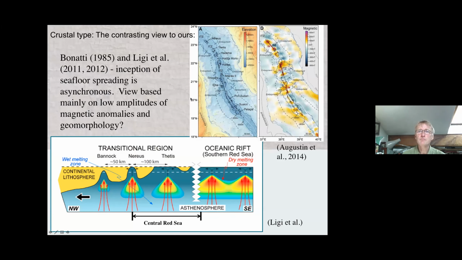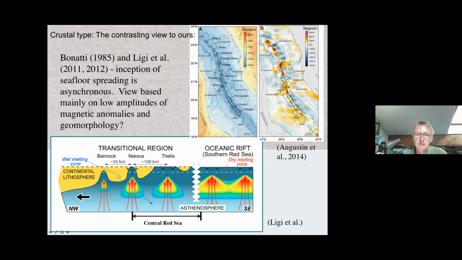So if we now come to the crustal structure, I'll give the alternative view. This is not our view, or my view. This is the Italian, I guess, American view. And this isn't a criticism, actually these are my friends, so this is not a personal criticism at all. Enrico and Marco Ligi have the view that a lot of the Red Sea comprises